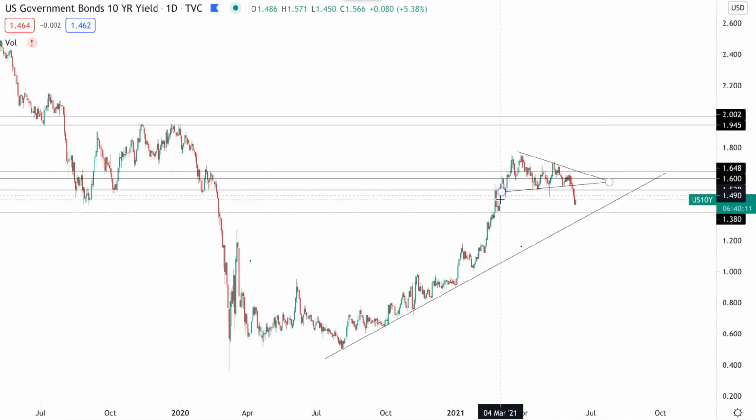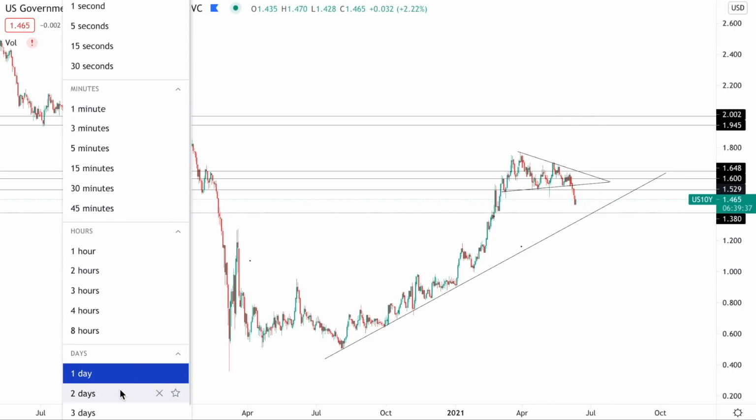And right now, we're still leaning towards just a counter trend correction. This was something that we expected. Rates were way overextended right here. They were at resistance. We needed a pullback, and that's exactly what we're seeing right now. But we're still trending up here. We're still above this strong level of support.